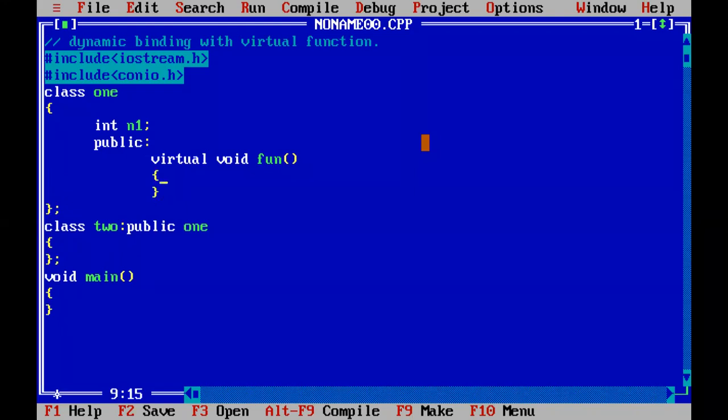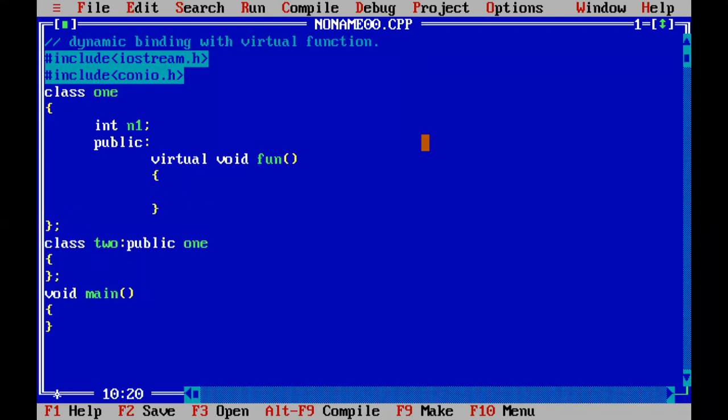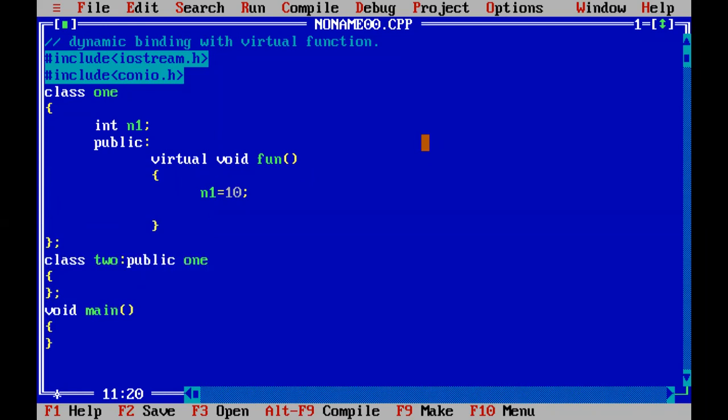In this function, I'm assigning the value to n1 as 10. You can accept this value from the user also. It depends on your choice, but for example, I'm taking this value at compile time. Now I'm printing the same value on the screen. Here you have to print the value n1. Fine. So this is the virtual function.